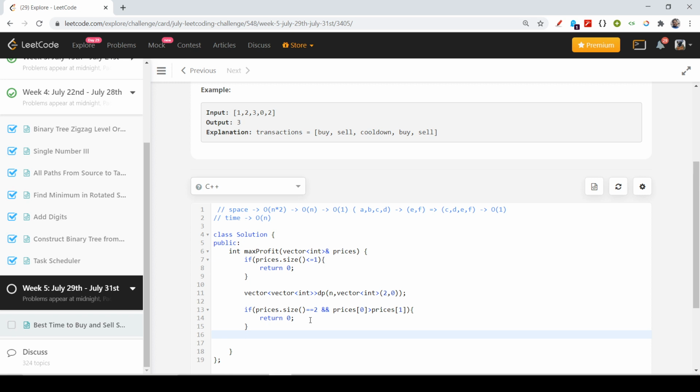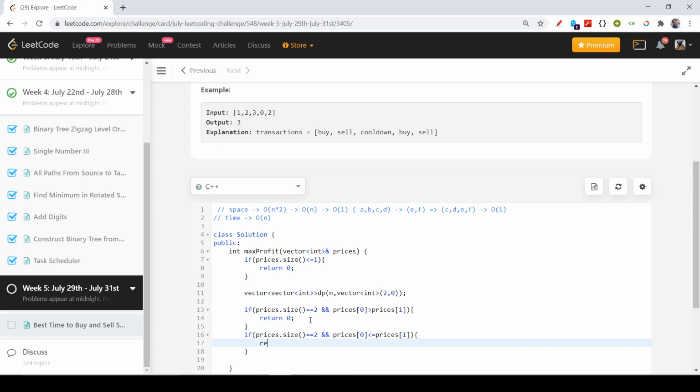Now another thing that strikes your mind is, what if prices dot size is 2, and prices of 0 is less than or equal to prices of 1?